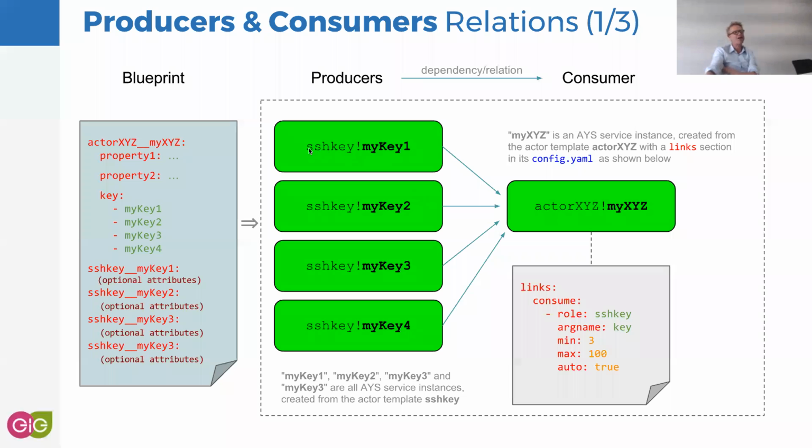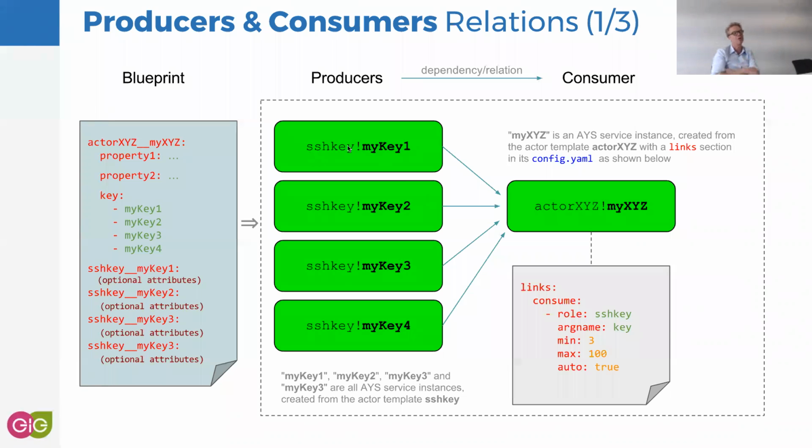What I try to depict is the way we also visualize it in the AYS portal. The way we explain it is always the name of the template, an SSH key template, question mark, and then the actual name of the service. So here you see 3 instances of an AYS service, all based on the same actor or actor template